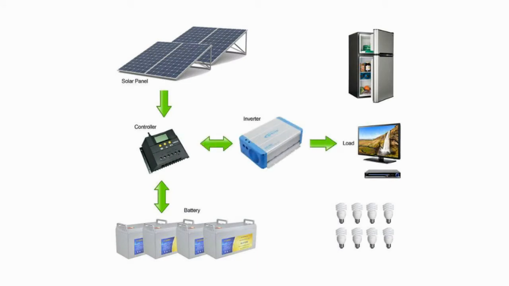In this diagram, you can see the charge controller plays a dual role. Actually, it controls the entering voltage to the battery and it also controls the exiting voltage from the battery. By regulating this charge flow, the charge controller will optimize the battery life as well as the efficiency. So if you want to get the highest efficiency, you must use a charge controller.